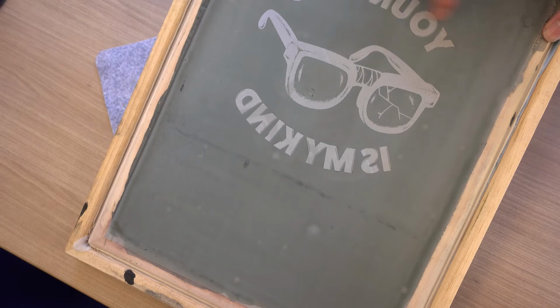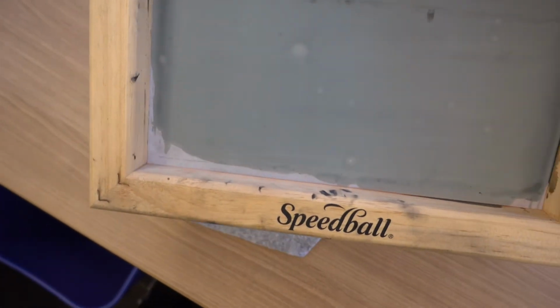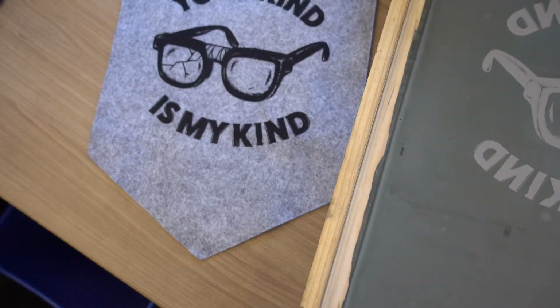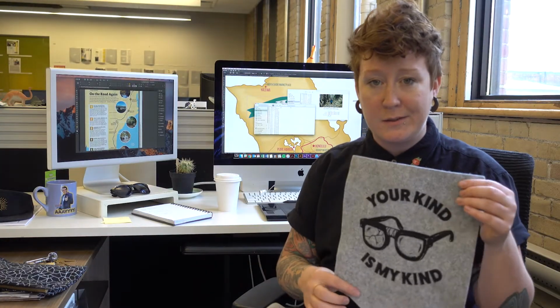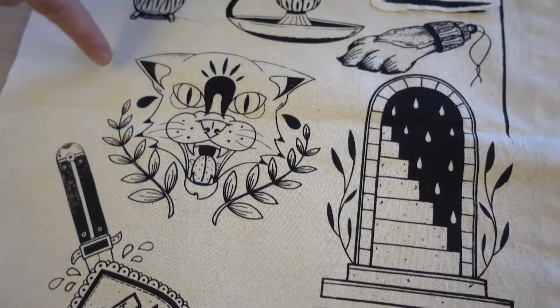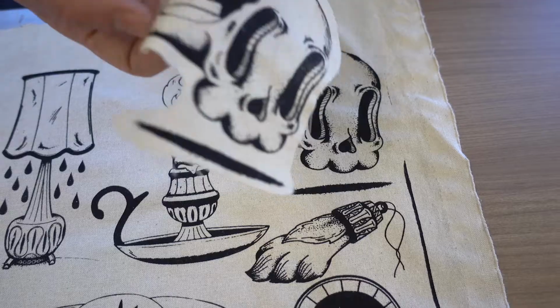So I've been exploring screen printing. Basically I take a printout of the digital design and expose it onto a screen with light. I've been able to produce posters as well as felt pennants, so using different materials. Another really fun thing is to be able to print a whole bunch on a flash sheet and then cut them out as patches. It's really rewarding to see all the stages inside of a project,